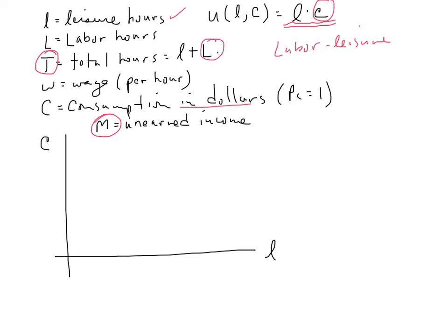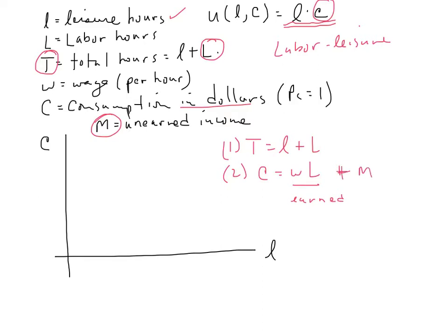So we have really two constraints. We have T equals little l leisure plus big L labor, and we have a consumption constraint, okay, which consists of earned income and unearned income,